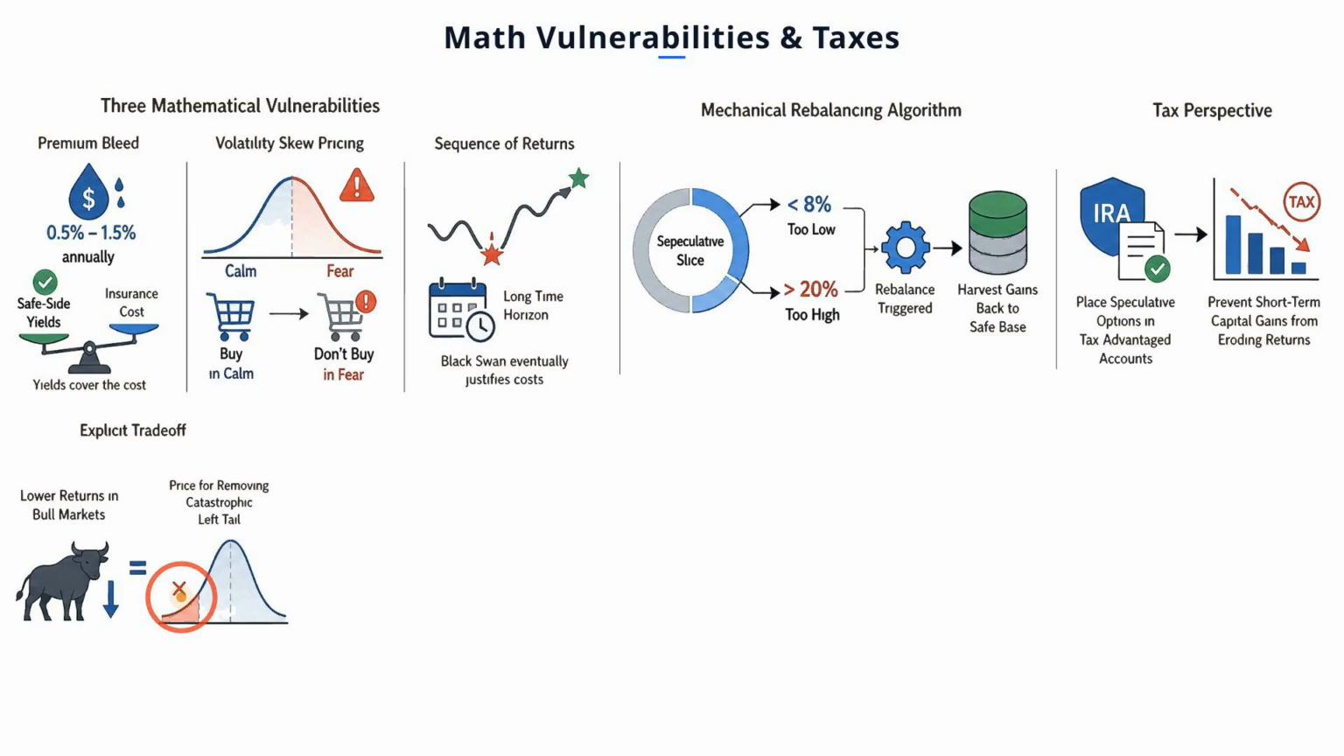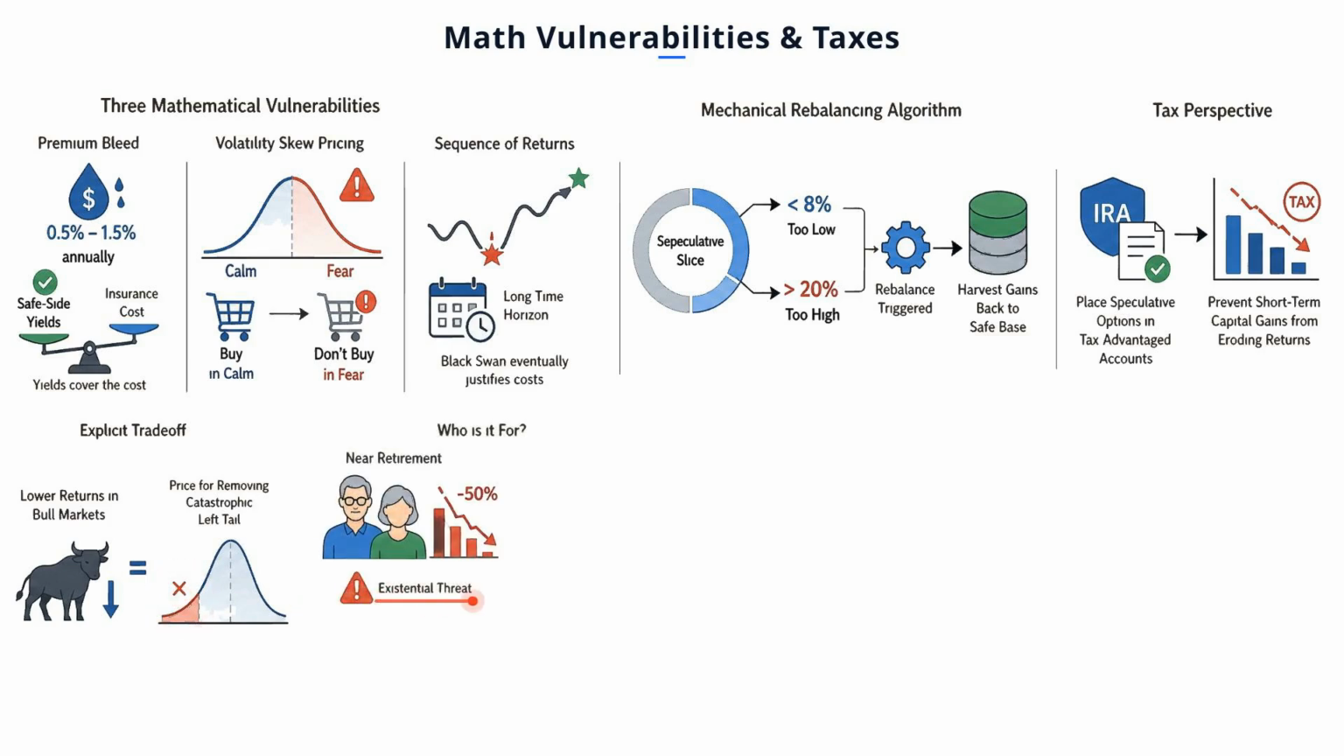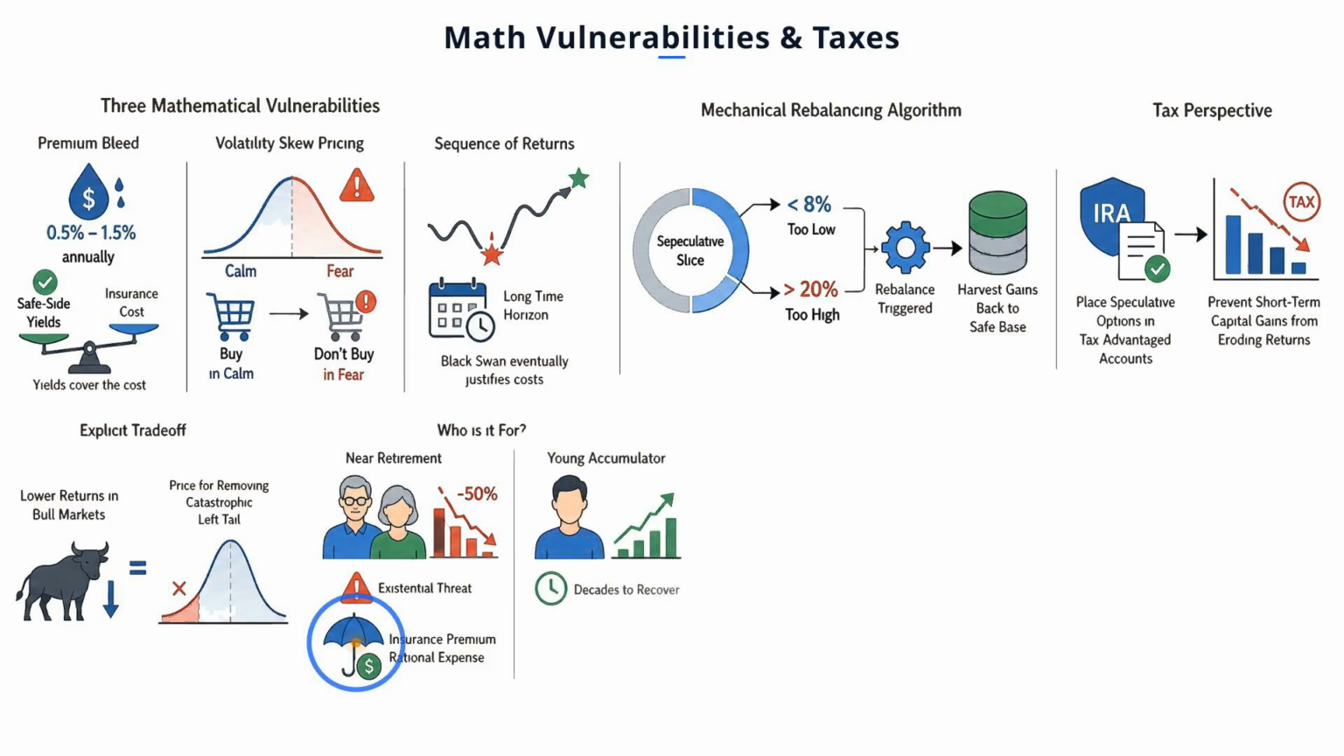For a high net worth individual near retirement, a 50% drawdown is an existential threat. For them, the insurance premium is a rational expense to protect a lifetime of compounding. However, for a young accumulator with decades to recover from a crash, the cost of the barbell is likely too